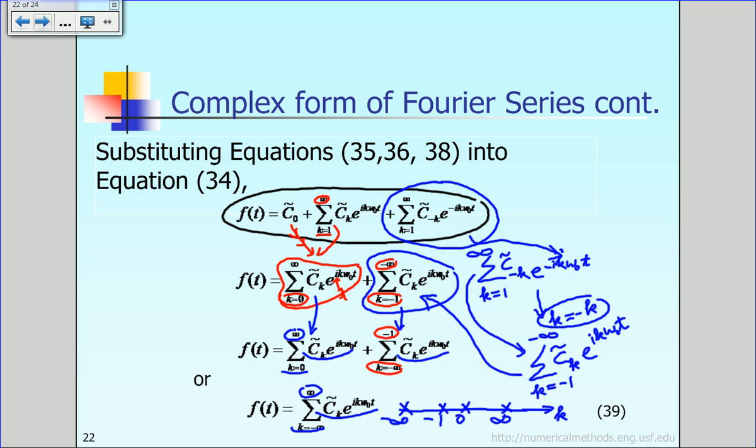So the summation goes from minus infinity to minus 1, which basically represents here. And the summation from 0 to infinity is representing here. And therefore, when you combine the two together,